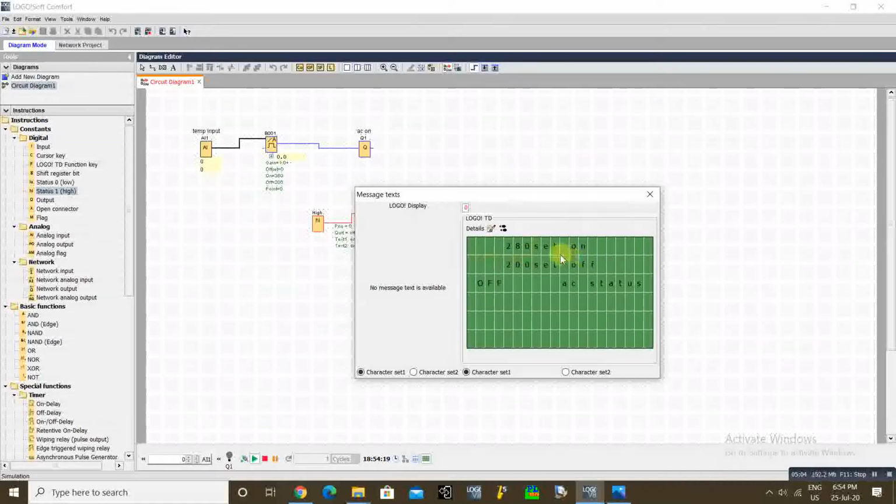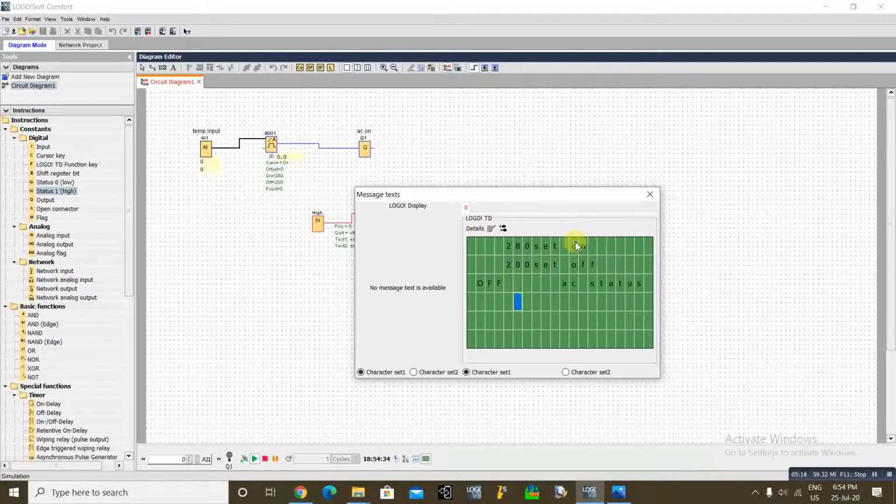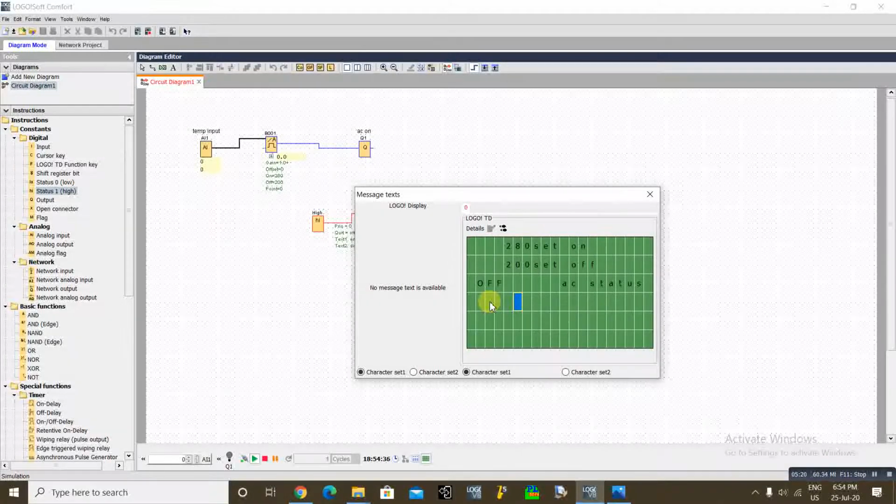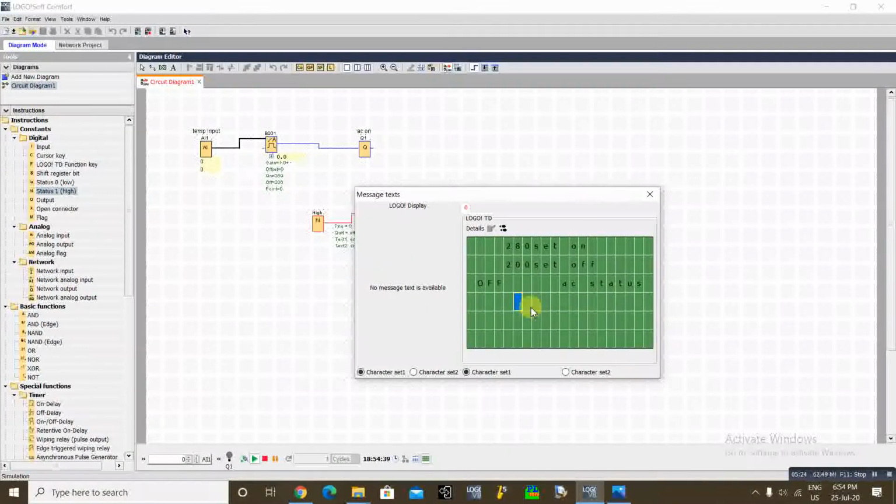By accessing the buttons on the text display, you can change these values. You can set the on value and off value, and we can put graphs for our temperature inputs also; we will see how we can make it.